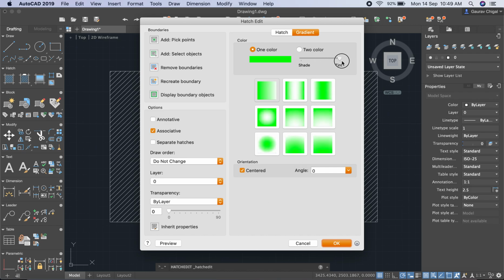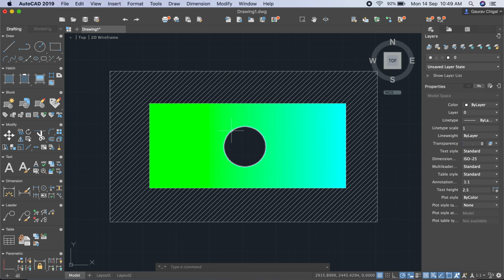And if you want a white background or white base color, then you go to the maximum point for tint. So here you can see a number of options, linear, cylindrical, inverse cylindrical, sphere, and so on. So it's up to you what your requirement is, and just click OK here. So this is how your gradient works.